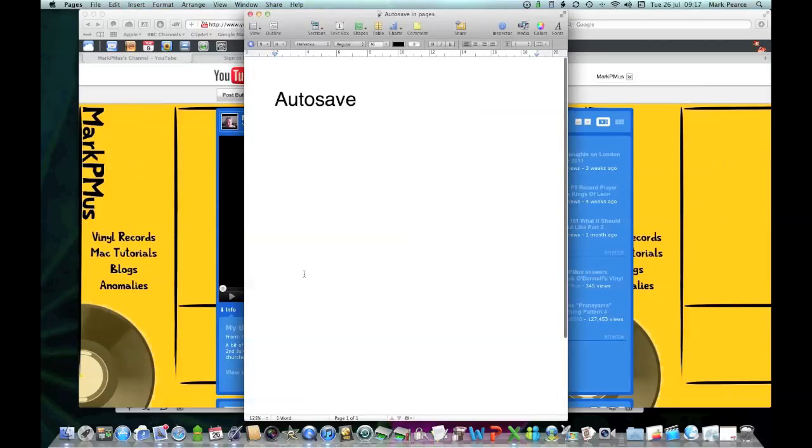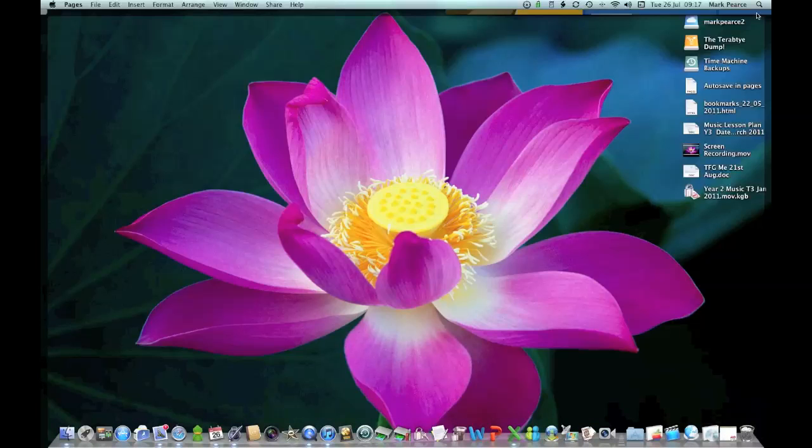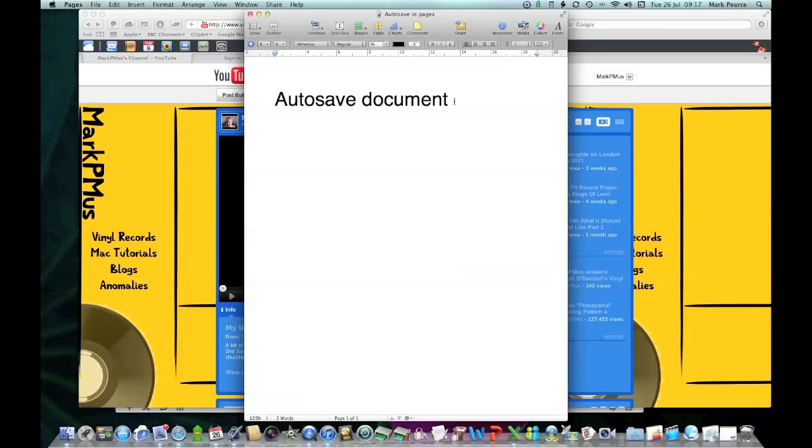I'll open that up. All right, autosave document. Okay, and now the title comes up here, the word edited comes up here because I've just edited that document. If I go out of it, it will now just disappear, right? But it has saved my changes in it, right? So now I open it up again, right? And there it is, autosave document in Pages. Okay, and then